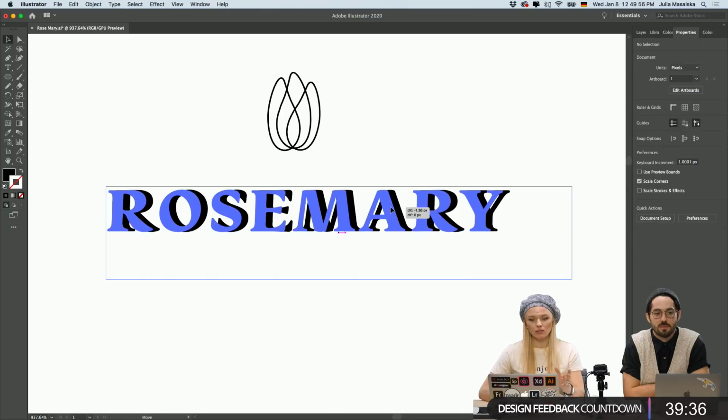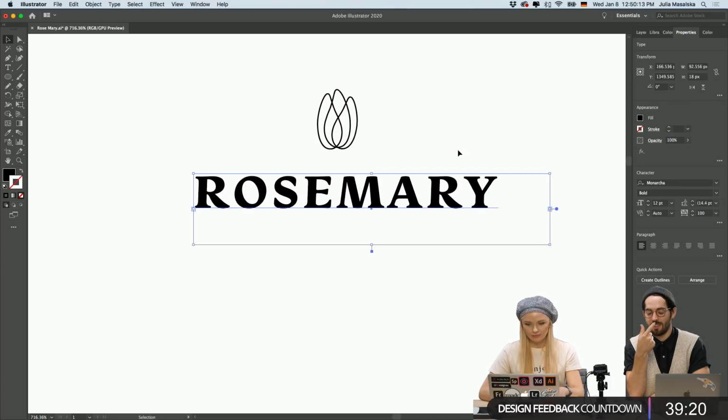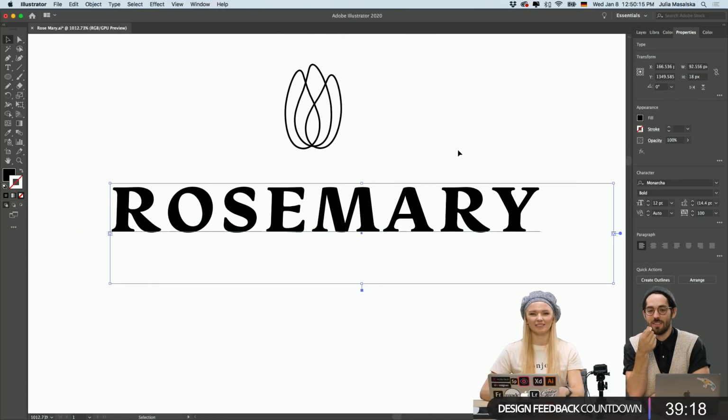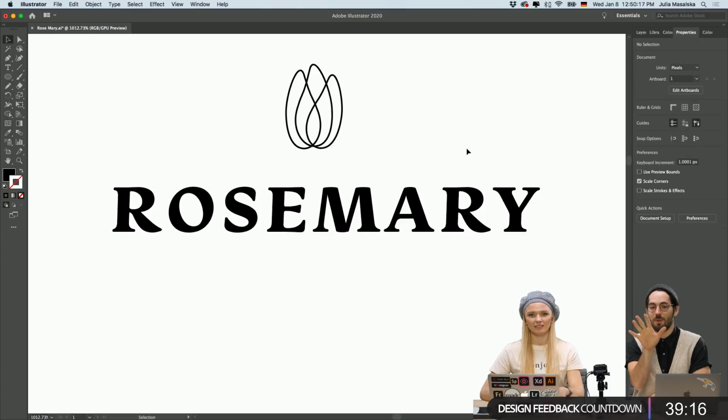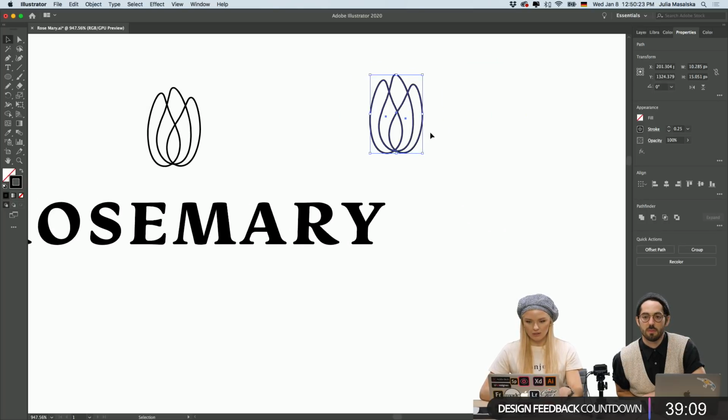So for logos, I like to leave a little bit more space between the letters to increase the kerning a little bit, because it's more readable and it looks more sophisticated. It gives you more time to reflect. If you read that and then close your eyes, you can still see it. It has enough weight that it kind of imprints on your vision. Agreed. Okay, let's try on this a little bit more.